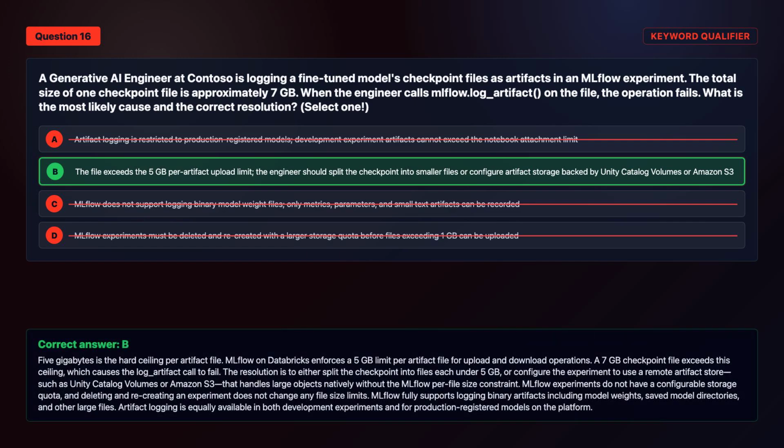The correct answer is option B. 5 gigabytes is the hard ceiling per artifact file. MLflow on Databricks enforces a 5 gigabytes limit per artifact file for upload and download operations. A 7 gigabytes checkpoint file exceeds this ceiling, which causes the log_artifact call to fail. The resolution is to either split the checkpoint into files each under 5 gigabytes, or configure the experiment to use a remote artifact store, such as Unity Catalog Volumes or Amazon S3, that handles large objects natively without the MLflow